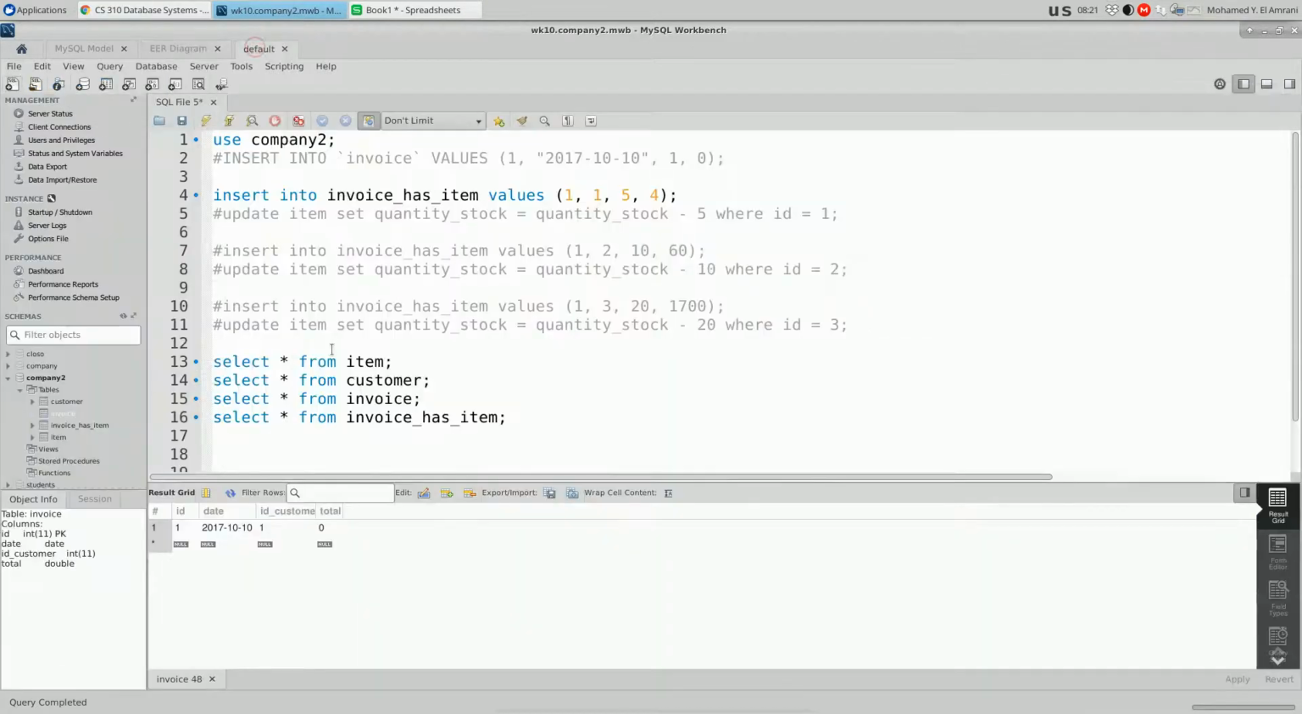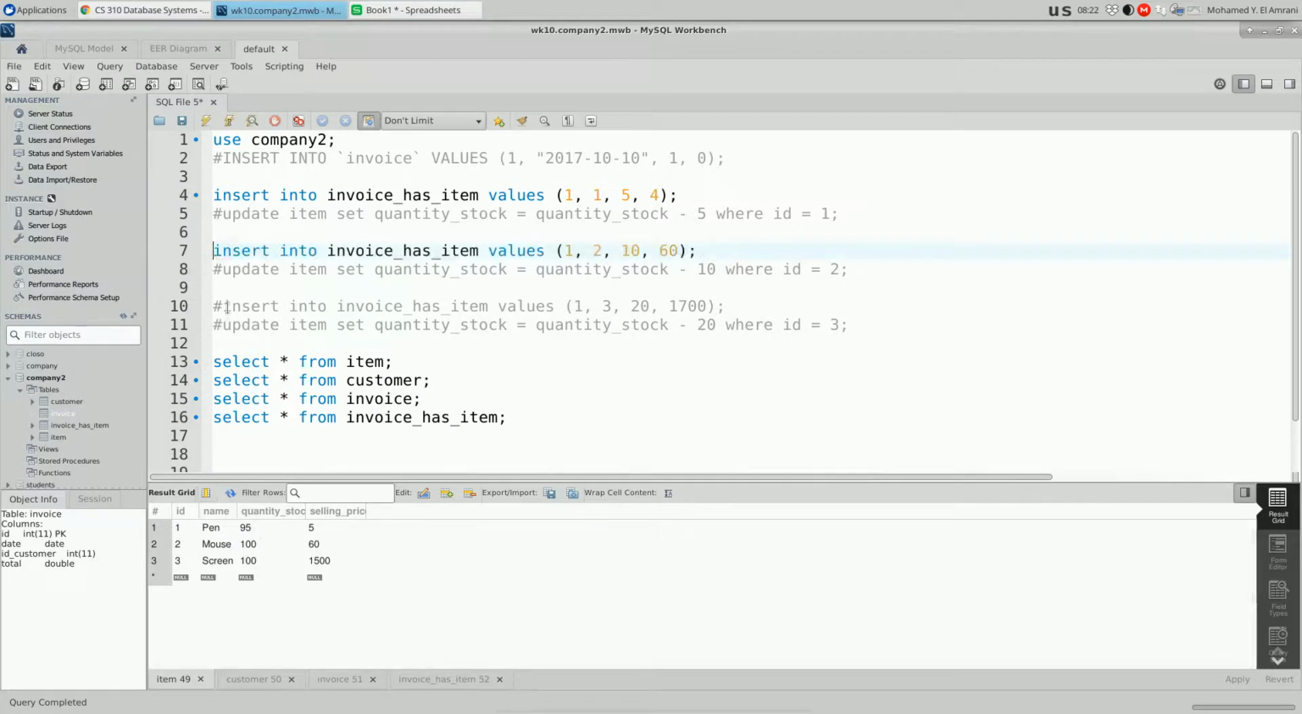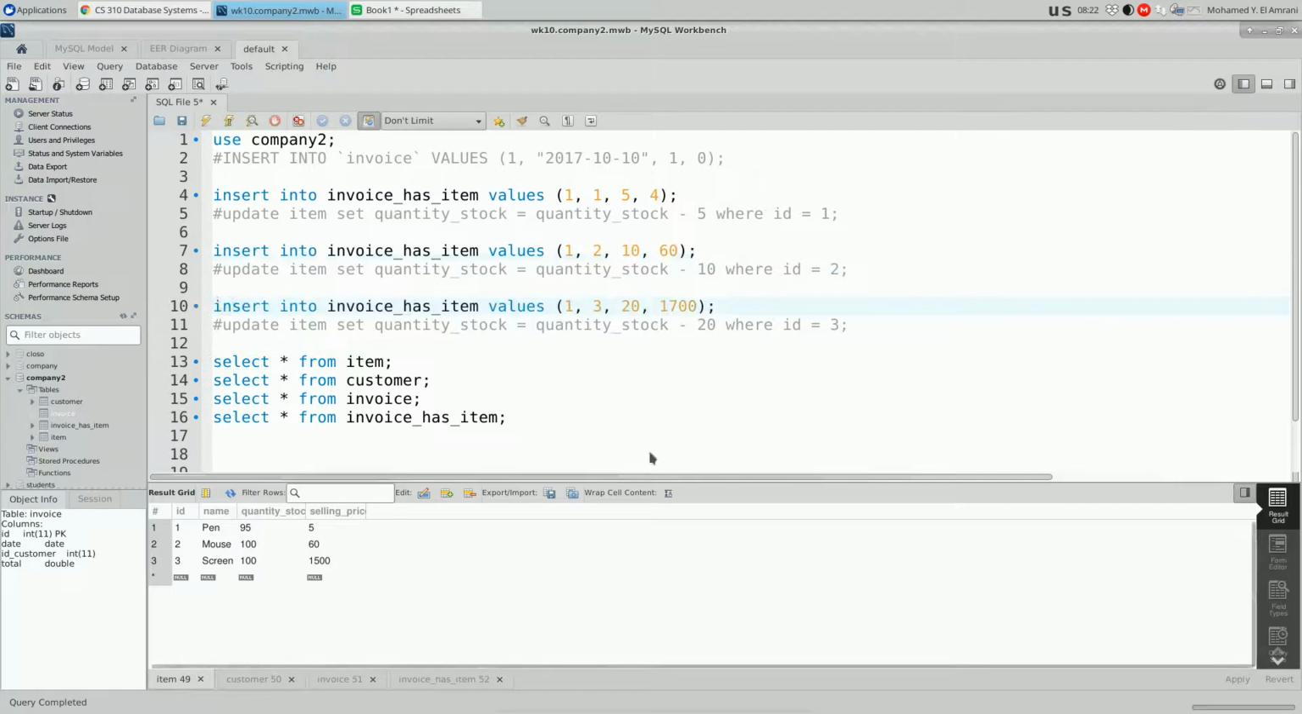Let's just run this and see it. Now you see this was inserted. I did not execute this update, and check this. This was updated to 5. What if I do something like this? Now this 10 is going to be deducted from 2, and this 20 deducted from item number 3. So if I run these again,